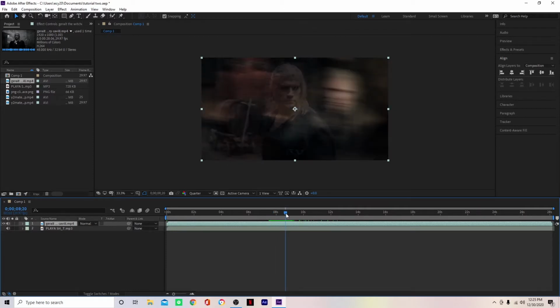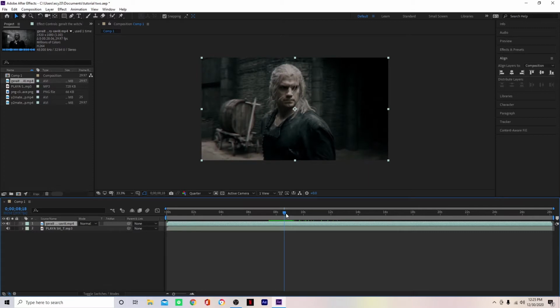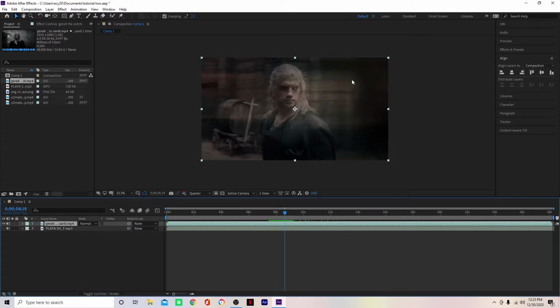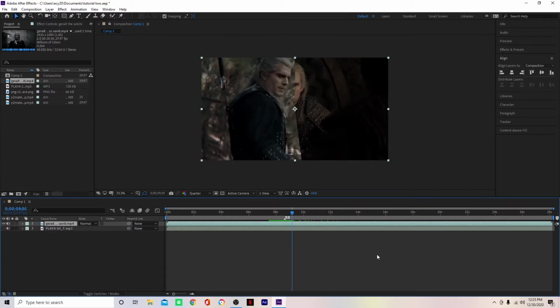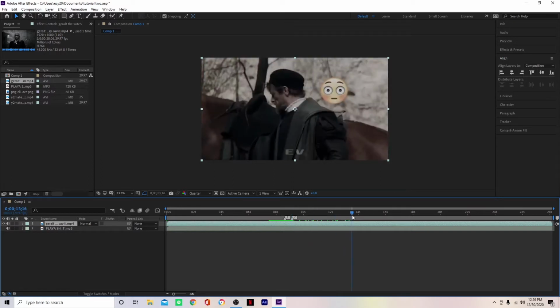So you're going to use your Page Up and Page Down keys to come to the first frame of a clip. As you can see, this is the first frame where this clip of him comes in. So you're just going to go there and press your marker key. And then you're going to go to the next one. Oh, there it is. And you're going to press your marker key. And you're going to do that for your entire